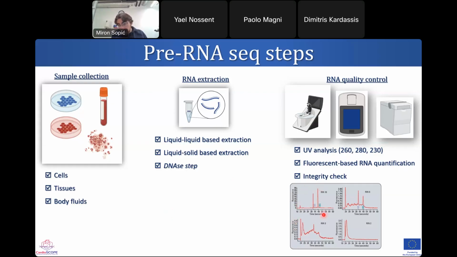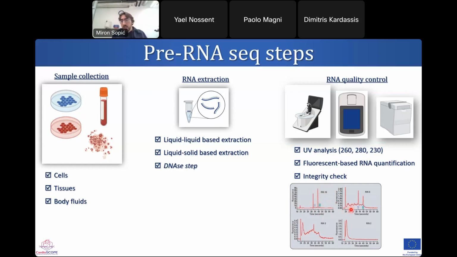Here you can see the perfect chromatogram with a RIN, or RIN number, around 10. RIN stands for RNA integrity number, which basically compares the areas under the curve of the 28S and 18S ribosomal RNAs, and